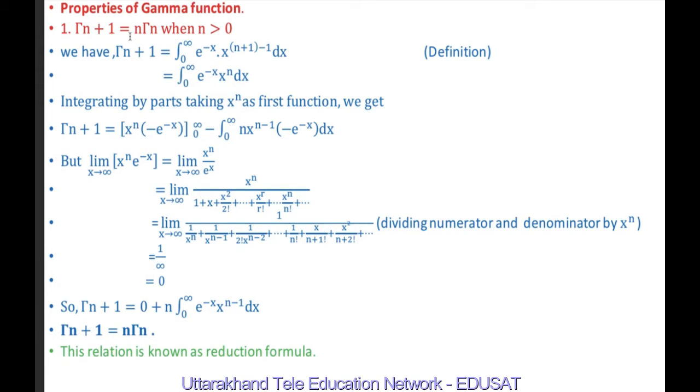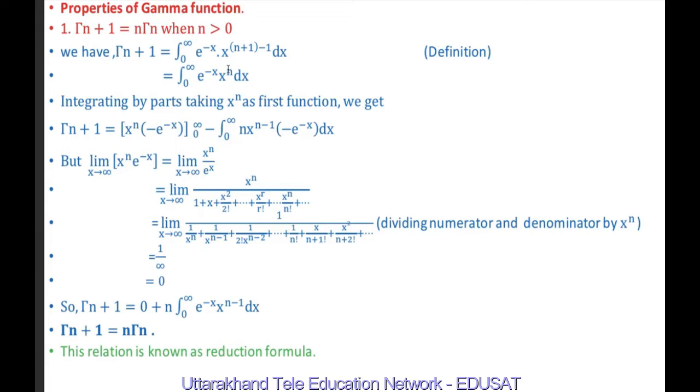So first is gamma n plus 1 is equal to n gamma n, where n is greater than 0. By the definition of gamma function, we know that gamma n plus 1 is equal to integral from 0 to infinity e raised to power minus x, x raised to power n plus 1 minus 1 dx, because in place of n we have n plus 1 here. We have replaced n by n plus 1 in the definition of gamma function. So n plus 1 minus 1, 1 and 1 will cancel out, so we are left with x raised to